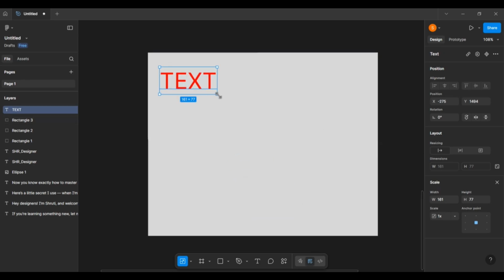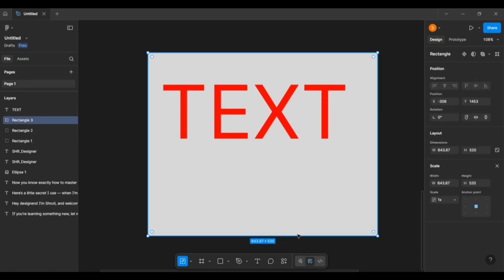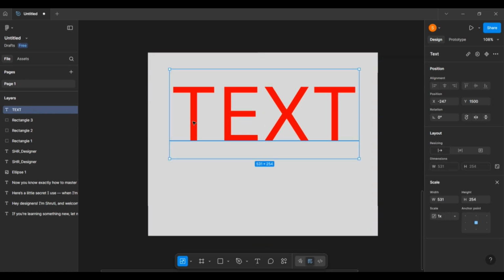So now what is the next thing I want to explain over here, about the opacity property.